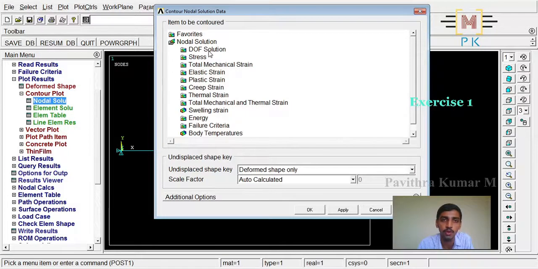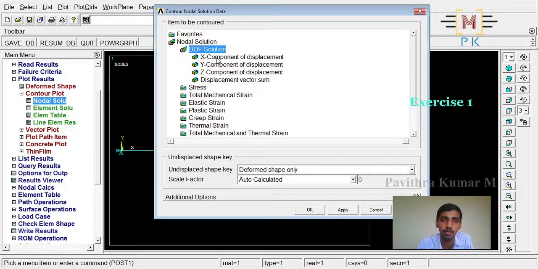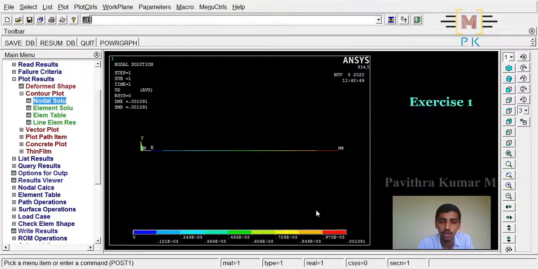Again in this pop-up window click on DOF solution and we will select the x component of displacement and we will click on OK. Now we can see a plot representing the value of deformation from node 1 to node 2, and the maximum value of deformation comes out at node 2 with a red colored area.